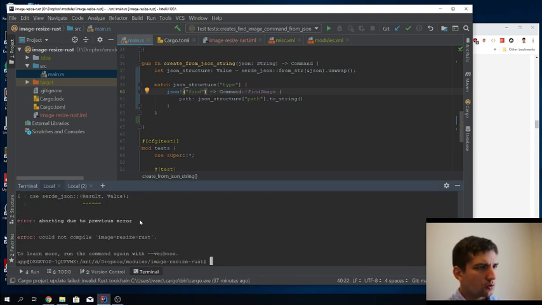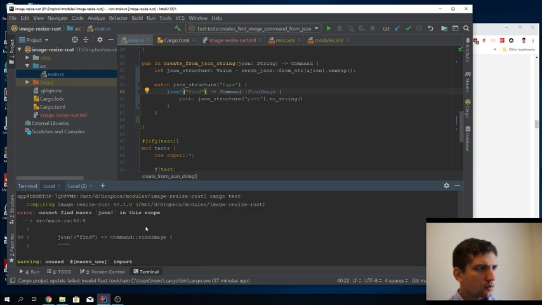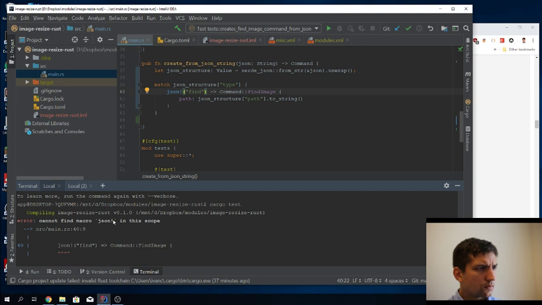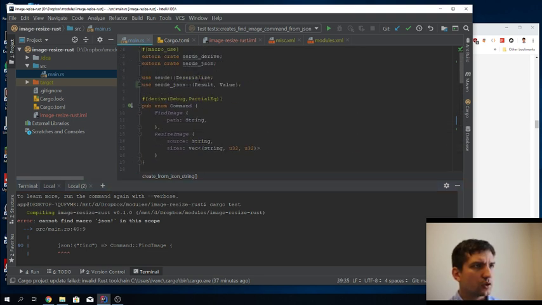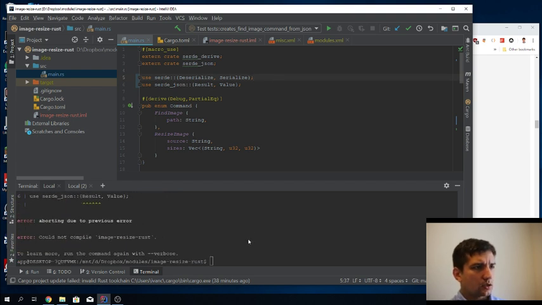So now I think... I cannot find macro JSON in the scope. Yes, because I actually removed the serialization part. So